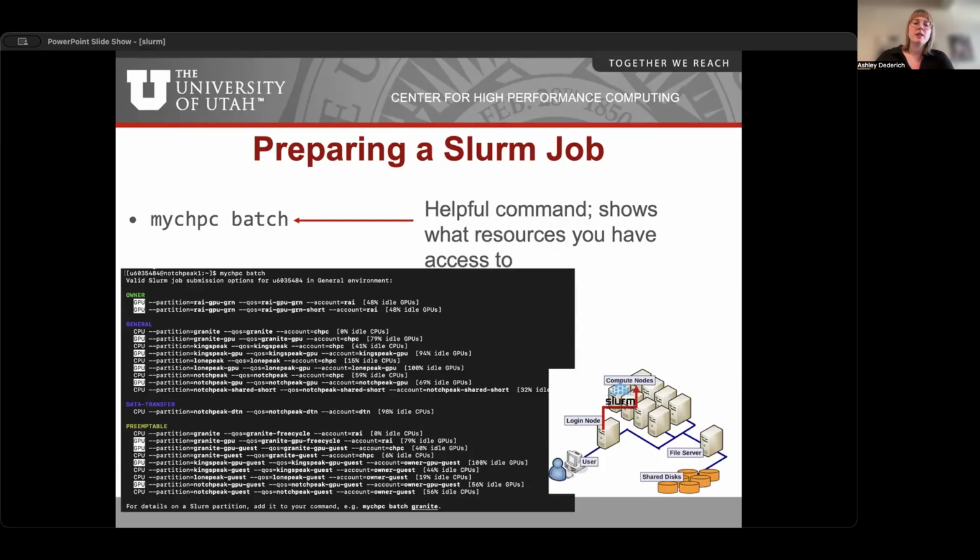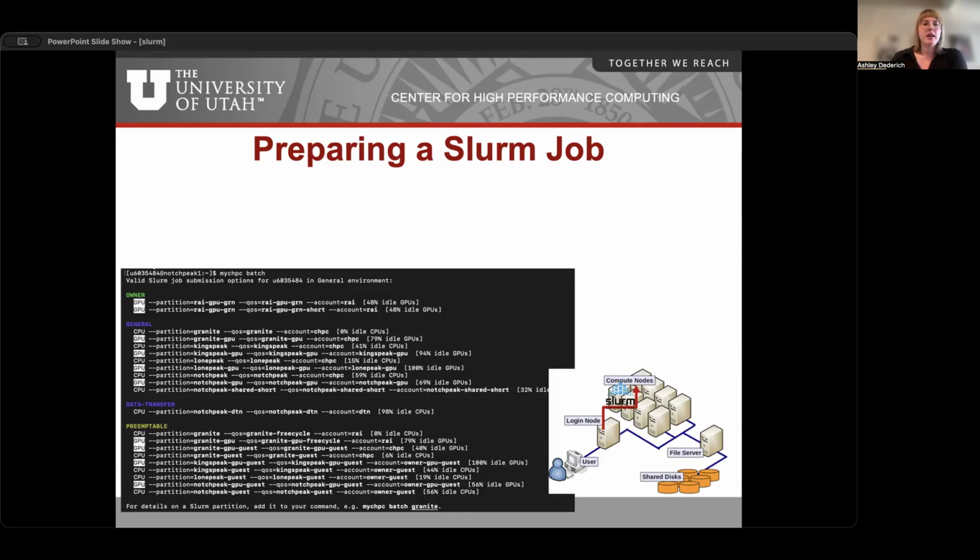And when you use this command, the output will be amended to the resources that you have access to. And what I like about the myCHPC batch command is it shows information for every cluster we manage. It even shows you the allocation state, the QoS, account, and partition. And what's nice is it gives you the exact combination of partition, QoS, and account. And so these terms might be unfamiliar to you, so we're going to break them down piece by piece, starting